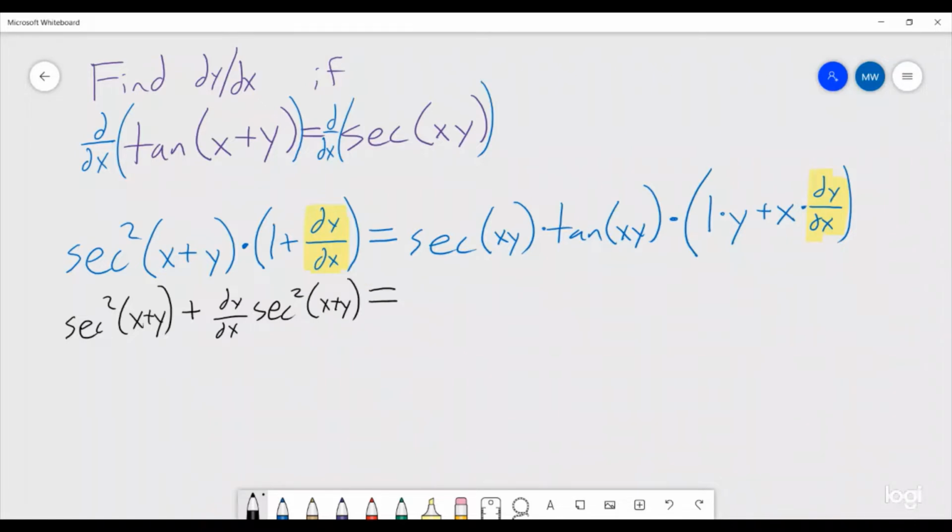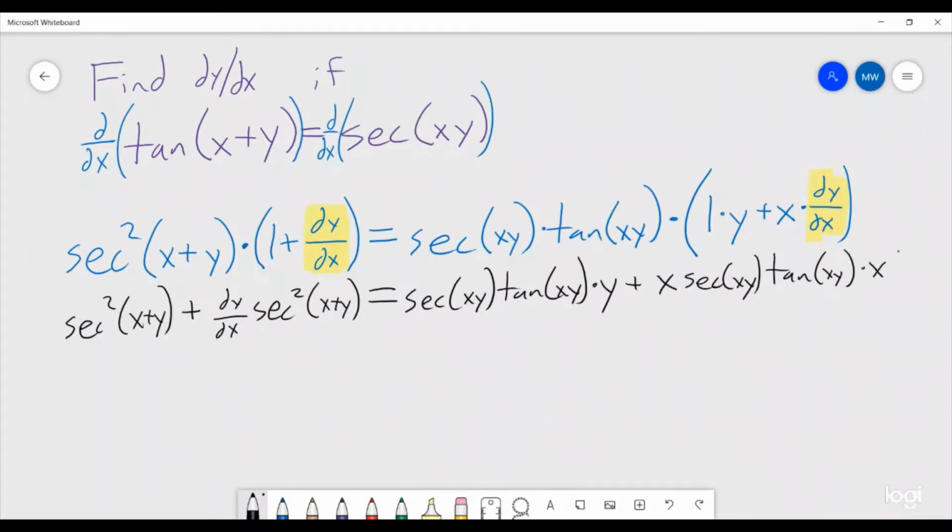And that is equal to, on this side, we're going to take the secant times tangent times 1 times y, and then add to that the same thing but times x dy dx. So we get on this side secant of xy, tangent of xy, times y, plus x secant of xy, tangent of xy,